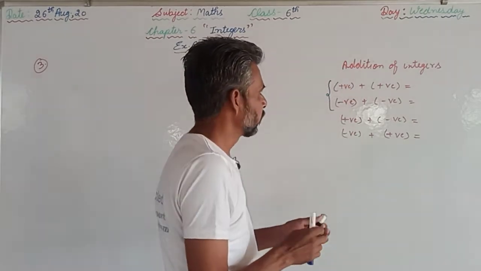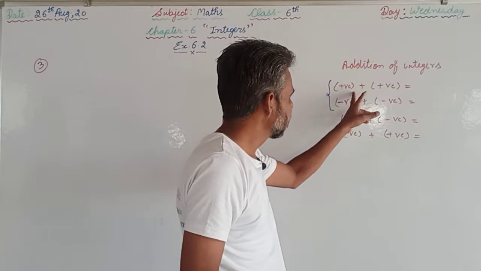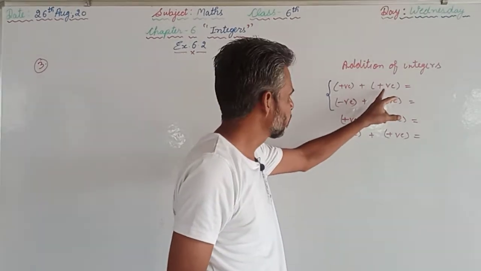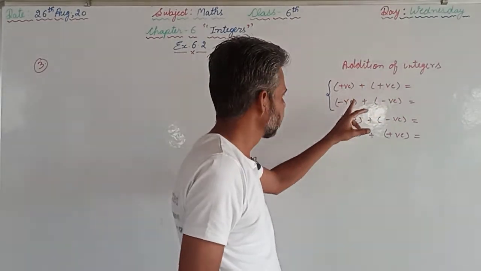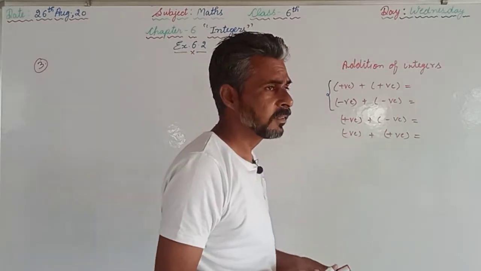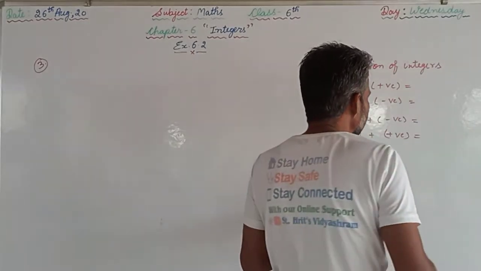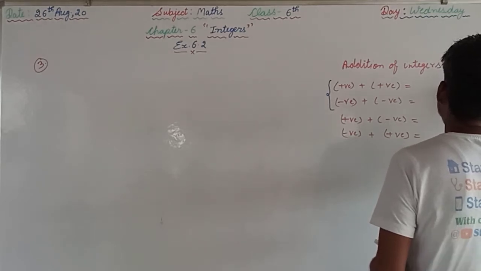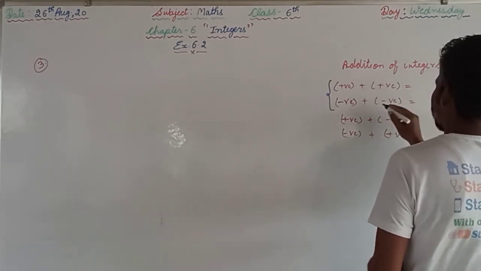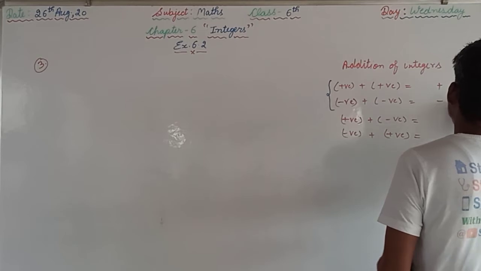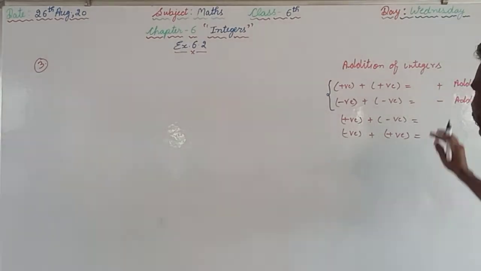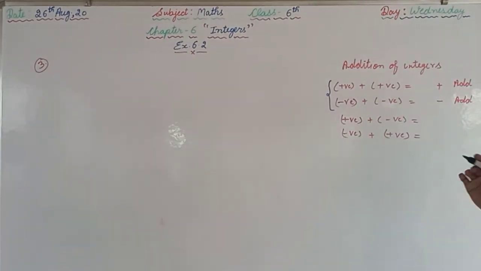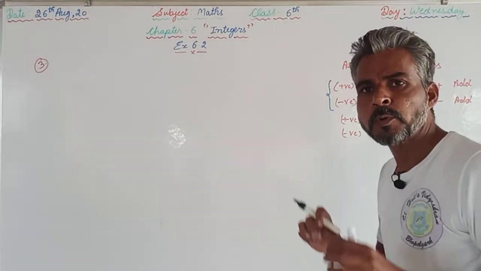In the first two, we are having that both the integers are having the same sign. In the first one, both are having positive sign. In the second one, both are having a negative sign. So in these two cases, we are supposed to add, and here the sign will be plus, and here the sign will be minus. In both the cases, if both the integers are having the like sign, then we are supposed to add